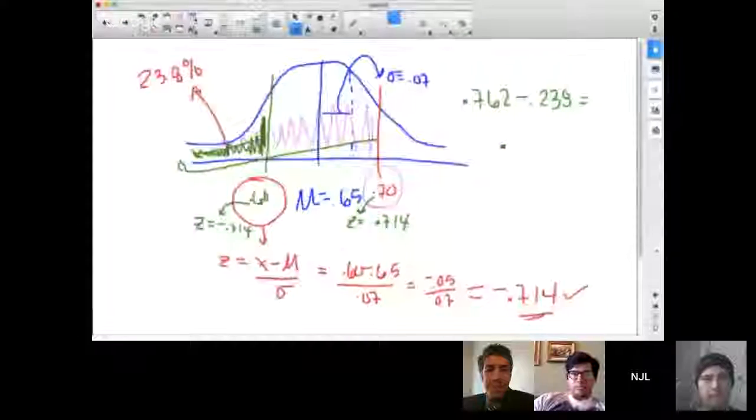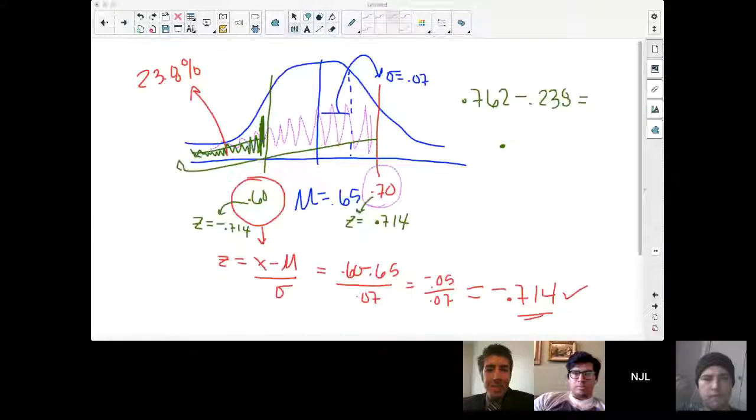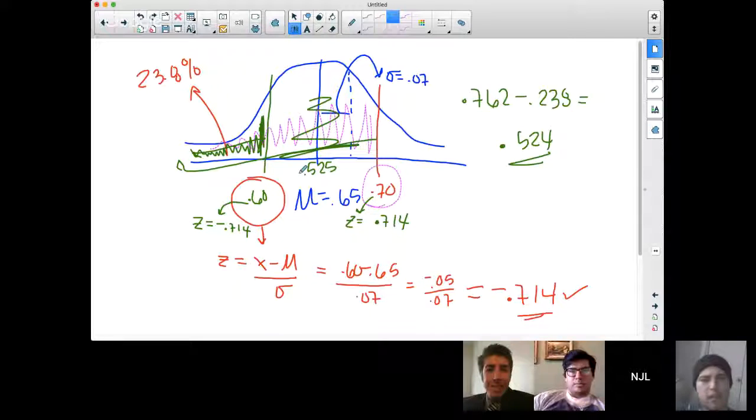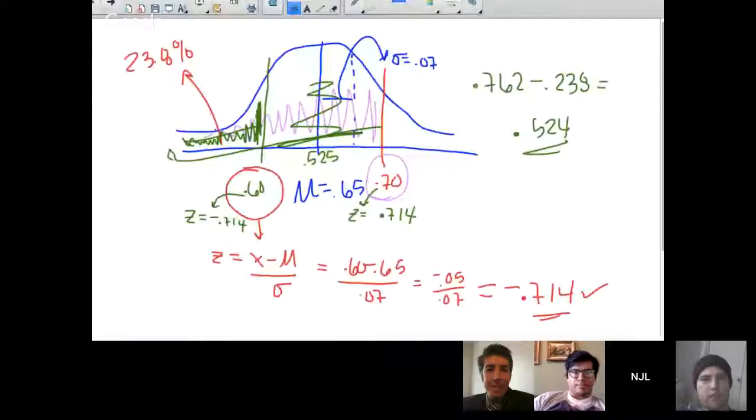Or was that point? Did I round that right? Yeah, 0.238. Yeah, I get it. Okay, so what's your answer? 0.525. Okay. So if you do it this way, because of rounding, you get 0.524, and if you do the middle section, you get 0.525. Is there a reason that in the applet it always has both sides equal,